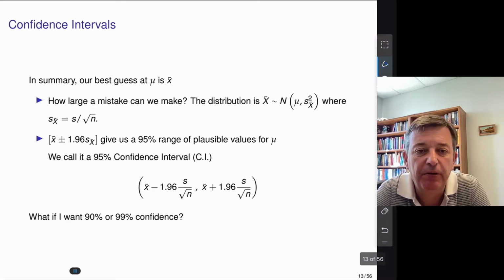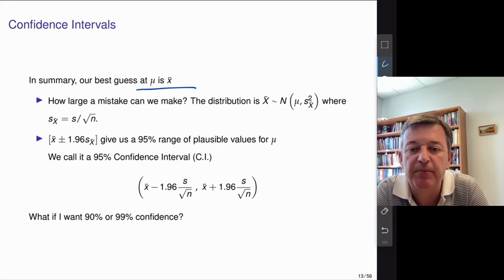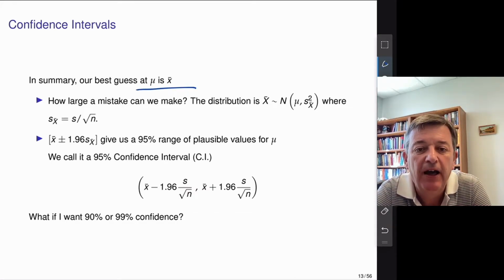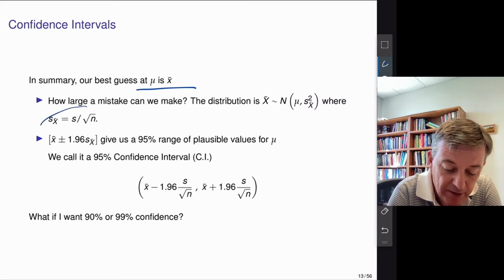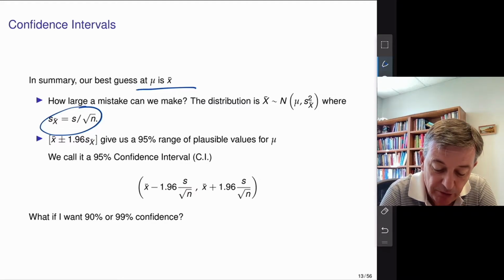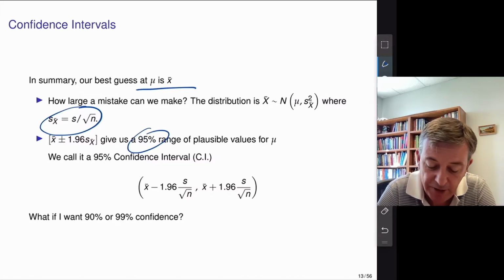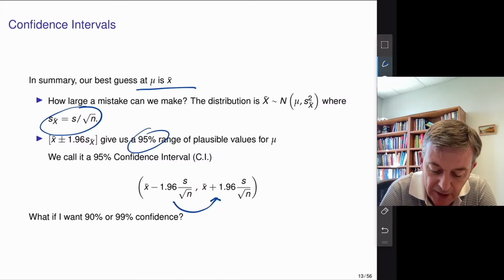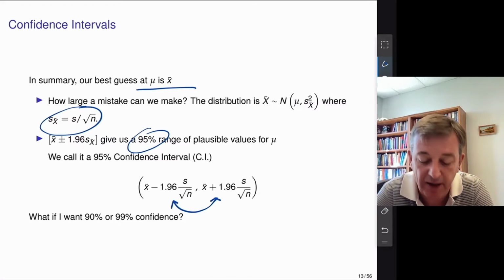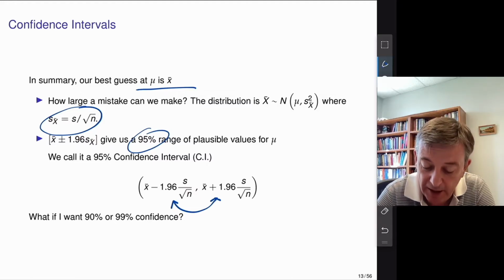And from that, we can compute something called a confidence interval. So in summary, our best guess at mu, if I wanted to guess the overall average, is simply the empirical average x bar. How large of a mistake can I make? Well, that's governed by the s upon root n. And as a general rule, I will look at a 95% range of plausible values for mu. And so if I go 1.96 standard deviations either side, and it's the standard deviation of x bar I need to use, I'll get my